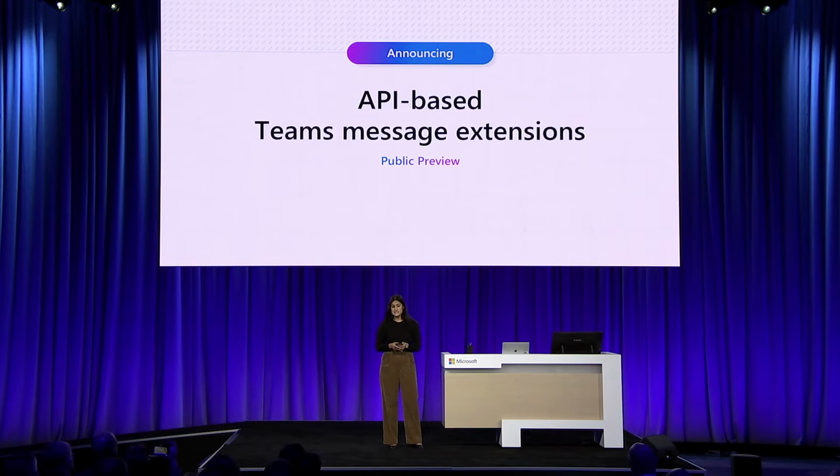Today, I'm pleased to announce a new way to create message extensions via your APIs. With just a simple OpenAPI spec document, within a few minutes, you can now deploy a fully functional message extension with Teams Toolkit. And let me show you a sneak peek of this now. I played with this earlier and recorded it for you so that you can get a sense of just how easy this is. Let's have a look.